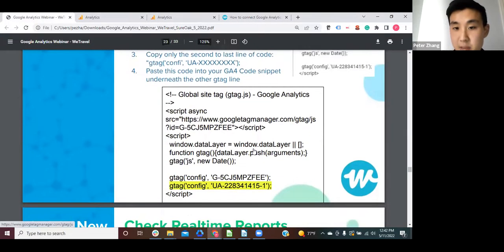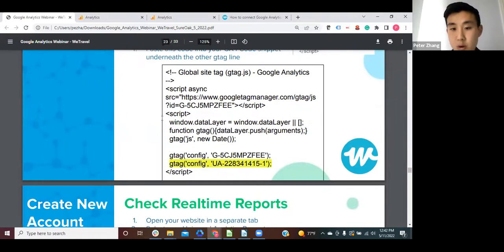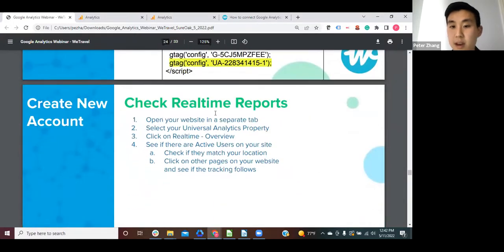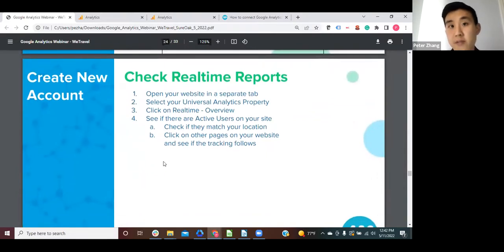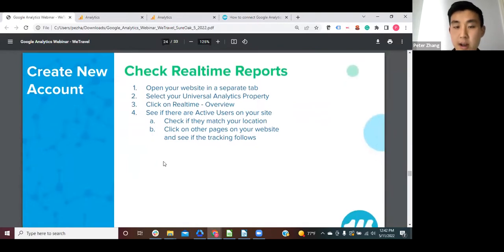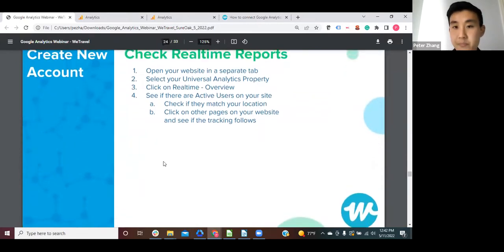And so in my example here, I show how you do that. You copy that and just add it in right underneath it. And now you have this combined code snippet in the head section. And once you update your website, it will be tracking for both of them at once. And how you can check that is you just check your real-time reports and see if you have your website open in another window, then it should show you that you are actually on your website in real time.